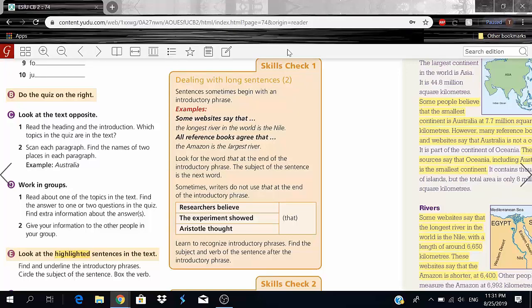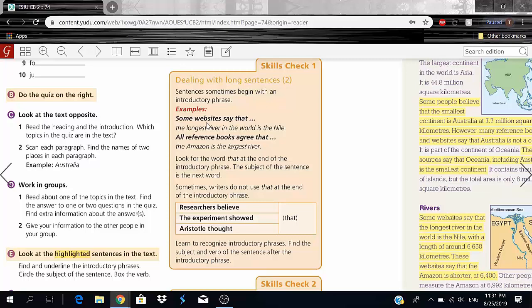So we have an example. Some websites say that, obviously, giving an introduction to what I'm about to say. So I don't just say the longest river in the world is the Nile. I'm going to start with a brief introduction, nothing fancy. Some websites say that, that's an introduction, the longest river in the world is the Nile, okay?